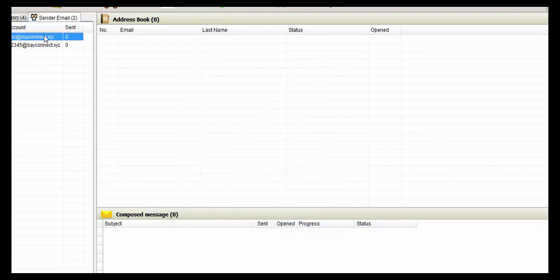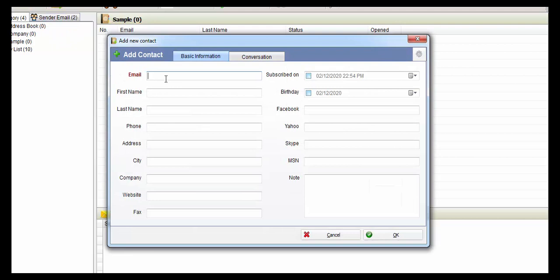What I will tell you is that we have done this. Now if you want to send emails, how do you send emails? You can go to import data. Let me see the account. This is the account I want to import my email to. Category, my list, sample. Let me choose sample. If you want to import, you can import data here. You can compose new contacts. So let me just send a mail.